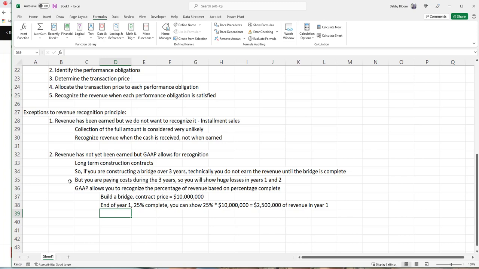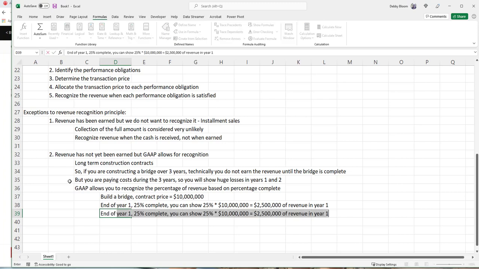So let's say by the end of year 2, you're 60% complete. So up to this point, you can now show a total for the 2 years